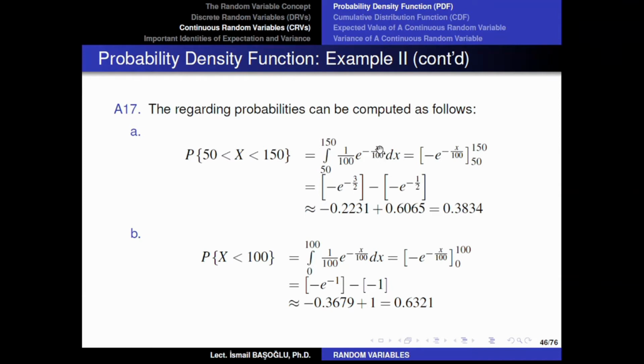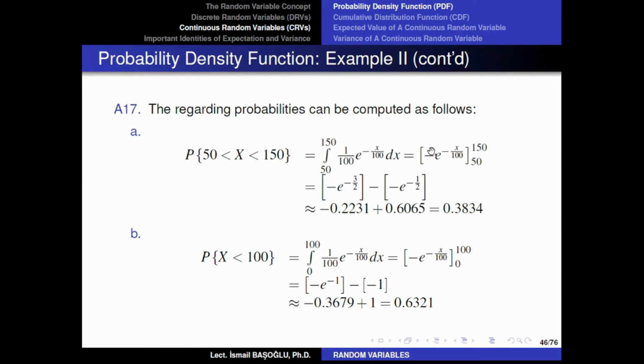The coefficient in front of x, which is minus 1 over 100, must be taken as inverse and multiply the whole function in front of it. So we have 1 over 100, and the inverse of the coefficient at the power is minus 1 over 100. If you take the inverse of minus 1 over 100, it is going to be minus 100. And when you multiply minus 100 with 1 over 100, they will cancel out, only the negative sign will remain. So the integral of this function is minus e to the power minus x over 100. In fact, if you take the first derivative of this function, you will exactly get this.